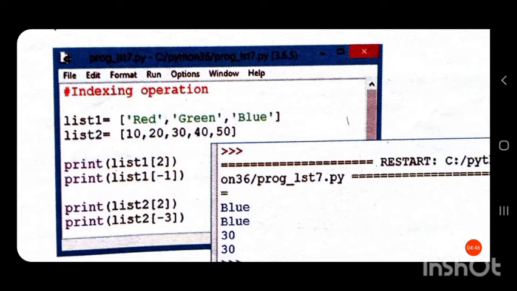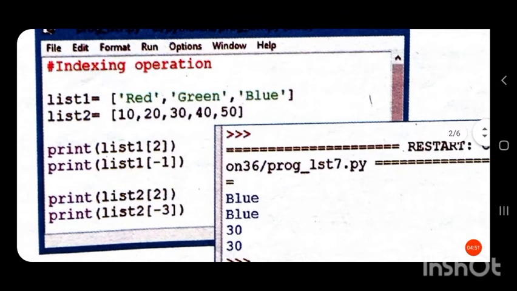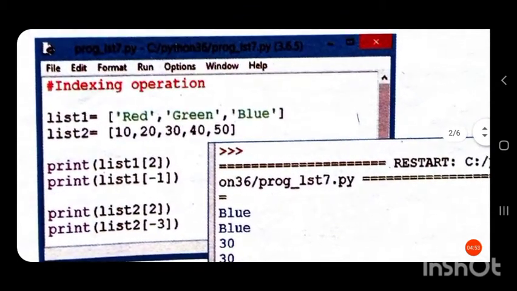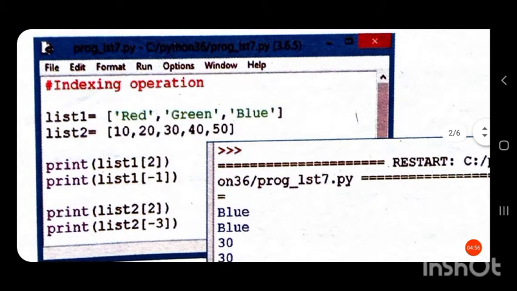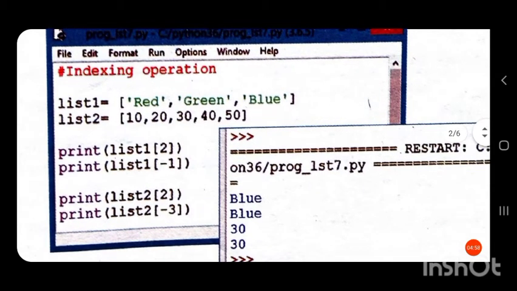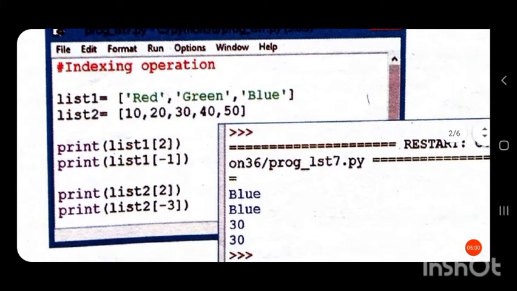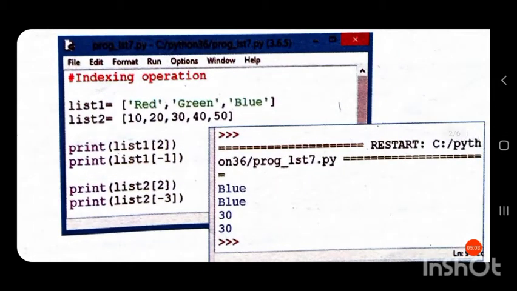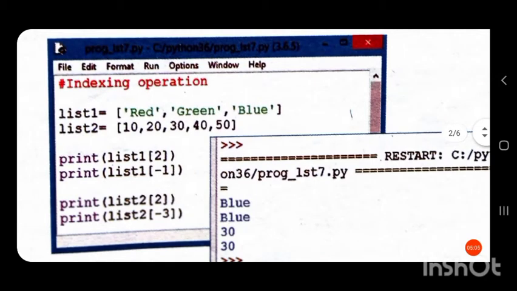To access these individual elements, we can use the index value of that particular element. Suppose we want to access blue, if we want to print this element blue in list 1, then we can use the index value of that element.